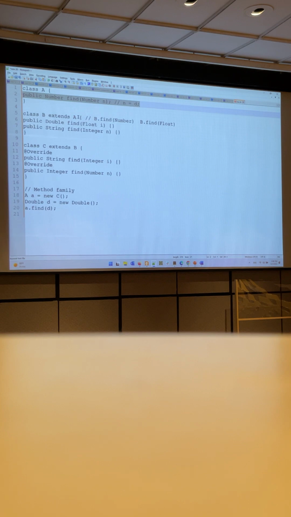We can make it work, and there's only one method family. But then, since A is a C, the runtime environment will use this method. Right? So this method will be used when we call a.find(d). Okay? So now things are getting even more interesting. What if we have